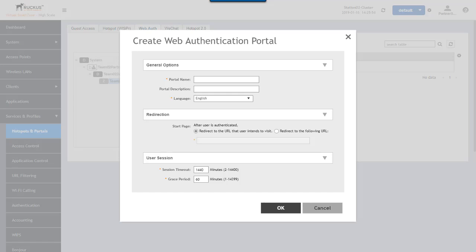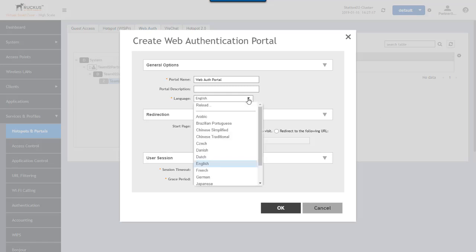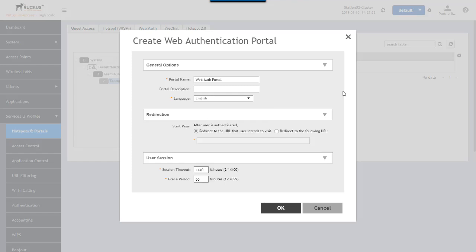Okay, to set this up, the first thing we can do is give this a name. So we'll give it a portal name. We'll just call this the Web Auth portal, just to keep it simple for the demonstration here. Now that we've given it a name, there's only one other requirement in this general options section, and that's for you to select a language. We're going to keep the language as English for this demonstration, but as you can see here, we have several languages available that you can choose from for the way this is going to display when the user connects to